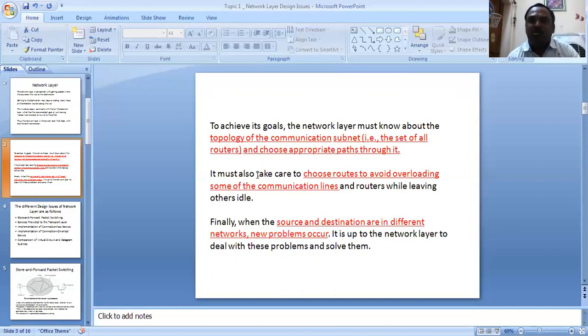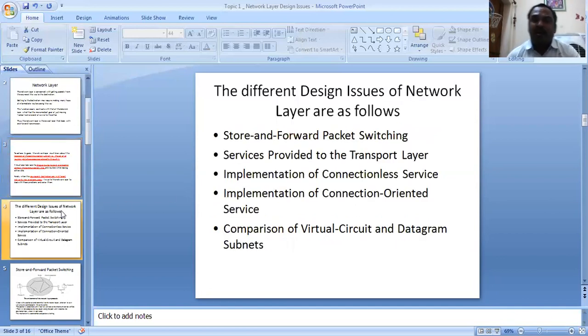So such types of issues should be addressed. If the government of Telangana is not addressing such issues, then where will the students go? There will be panic among the students. In the same way here, when your source is in a different network and destination is in a different network, then we have lots of interoperability issues. So the network layer should get involved, and it should solve the problems of such interoperability issues. So based on all these aspects, now we will move to the design issues of the network layer.